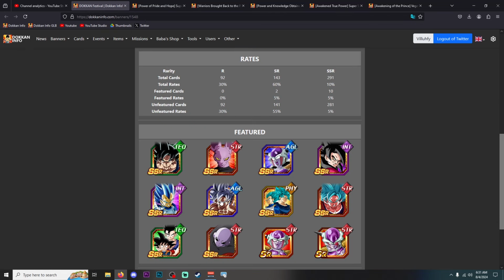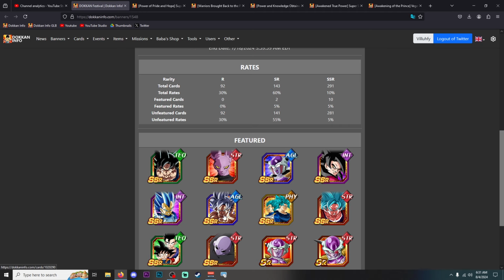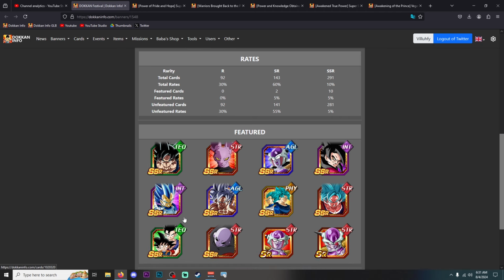But again, it's just the issue of the fact that all of these characters are obtainable on better banners right now. And I think that's all in all just going to be a knock on the overall value for this banner. But here's the thing, right? They could literally just replace all of these, like these two they would keep, and then they could make all of these non-Dokkan Festival exclusive SSRs. Like this could be